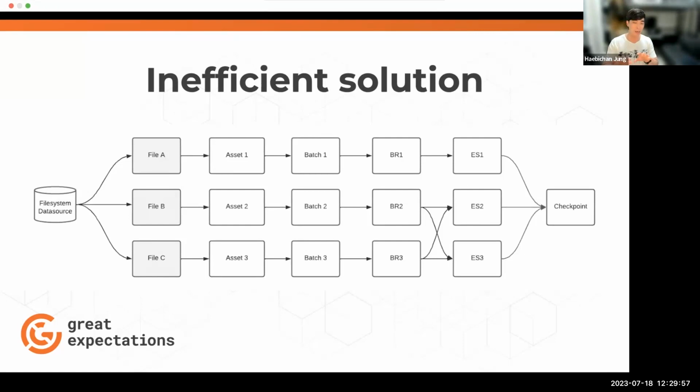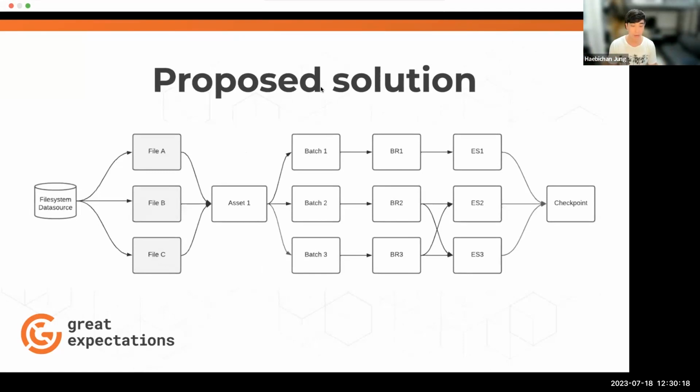Essentially, it's like combining that first flowchart that I showed you guys with the simple solution of 1, 1, 1, 1, 1, and using that for a very advanced use case. So each data has its own 1, 1, 1, 1 object, and then you try to run it in a checkpoint. That works. That's something I've done. But what we're proposing instead is to have one asset. Now, you might say, hey, what the heck? There's actually not that big of a difference. All you've done is reduce one part of this whole diagram, reducing multiple assets into one. How is that any different?